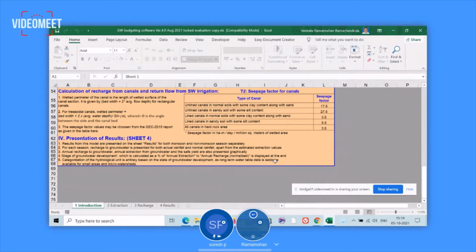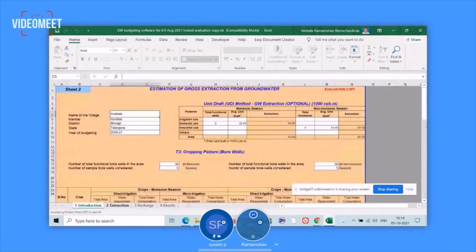In fact, the recommendation is that a particular area or hydrological unit has to be classified based on long-term data related to not only stage of groundwater development, extraction, and recharge, but over a period of time. But then, because it is not available to us, we are doing it only for a particular year. The classification is given here for the year that is under study. So it presents the major things, and then the extraction related